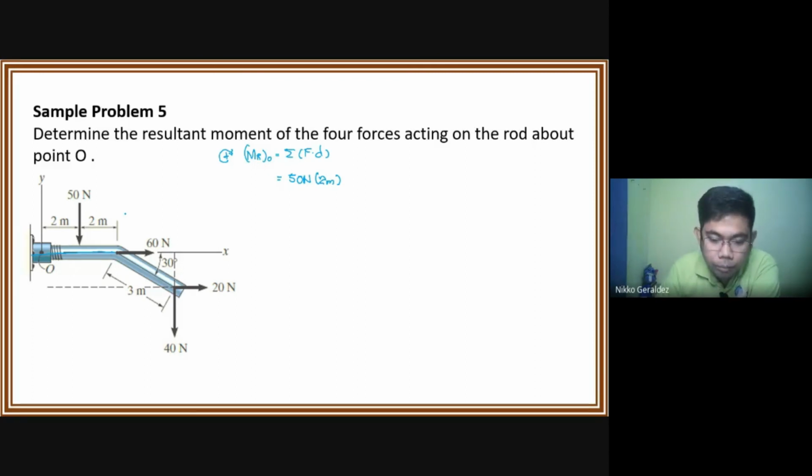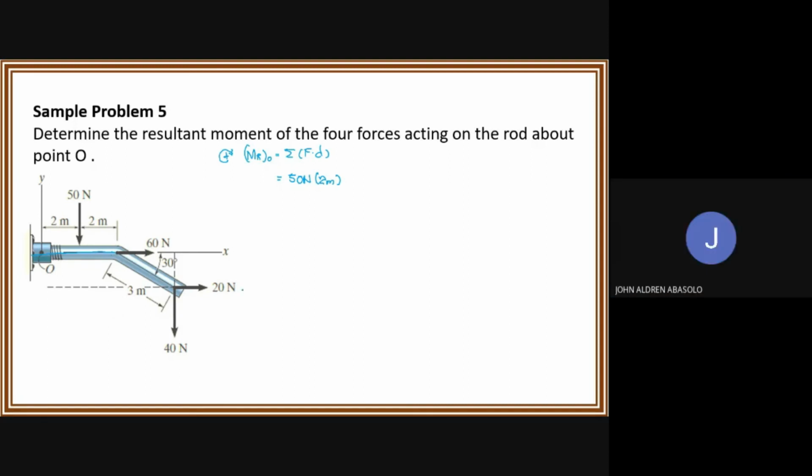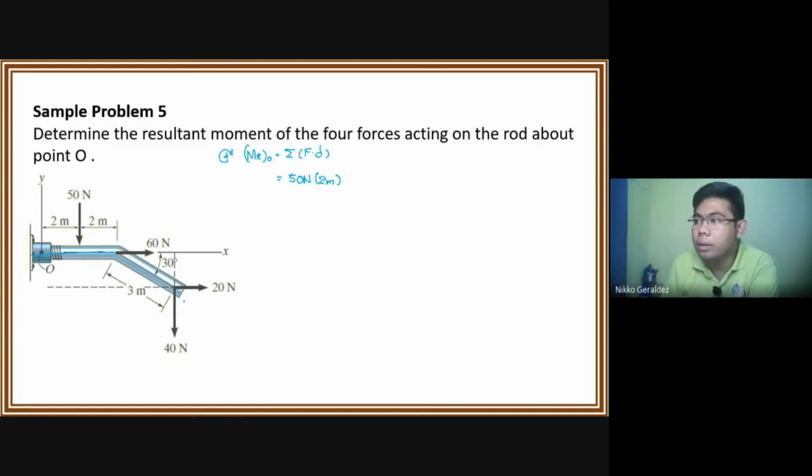Next, the 40 Newton. Clockwise or counterclockwise? Clockwise. So that's positive 40 Newton times